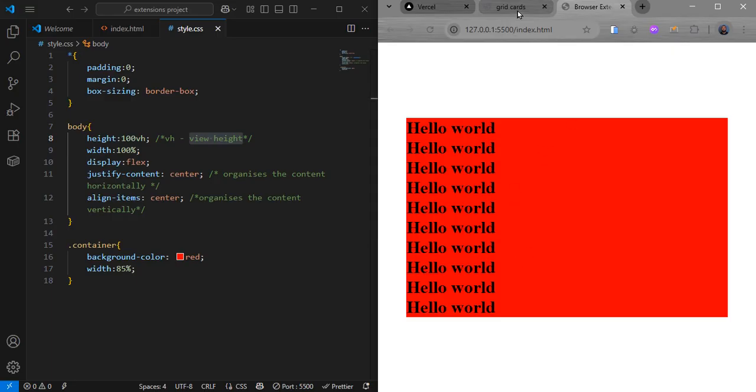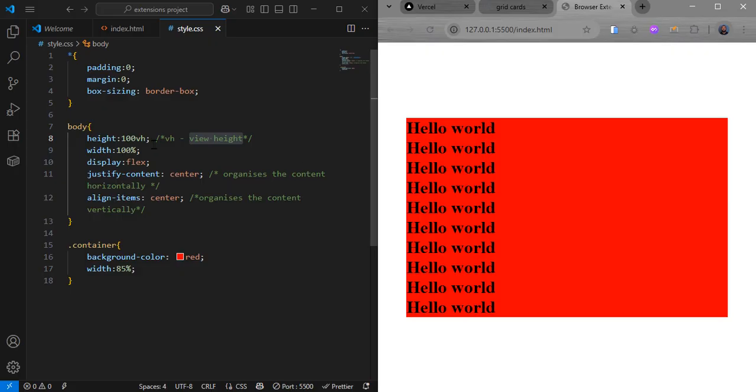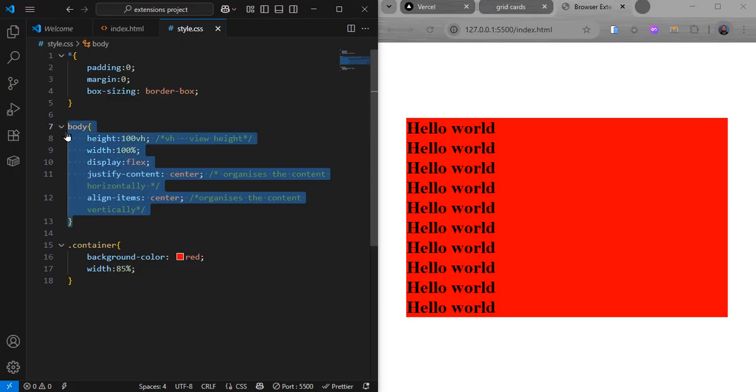But this is not the look we are trying to achieve. In our container, there's no space at the top and at the bottom. Okay, there's no space at the top and at the bottom. So we're going to remove all of this. They're not necessary. We're going to take this off. So this is one way to position your element using